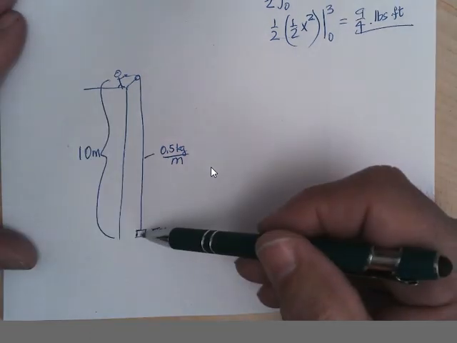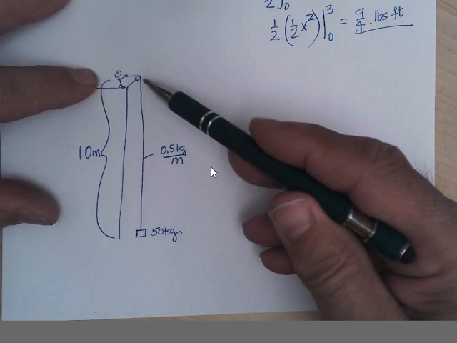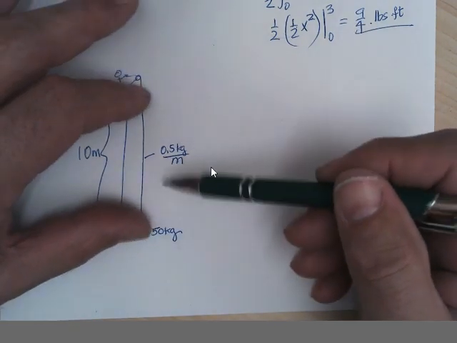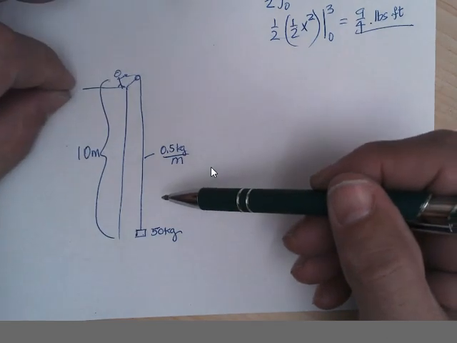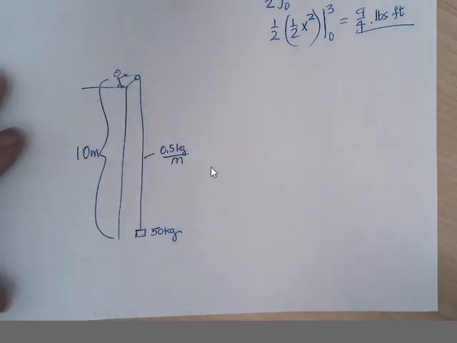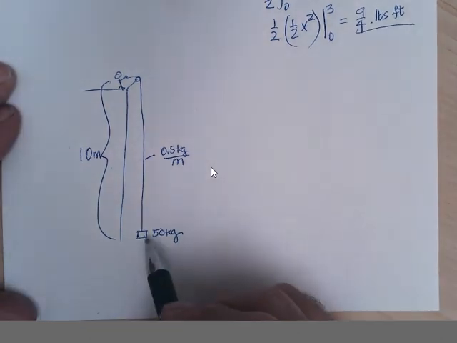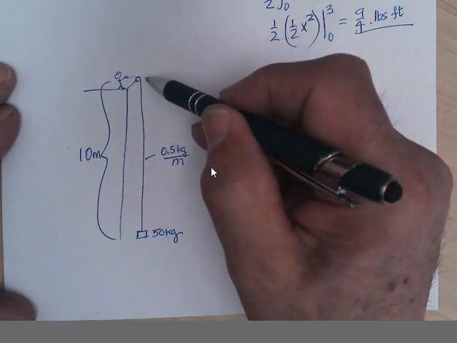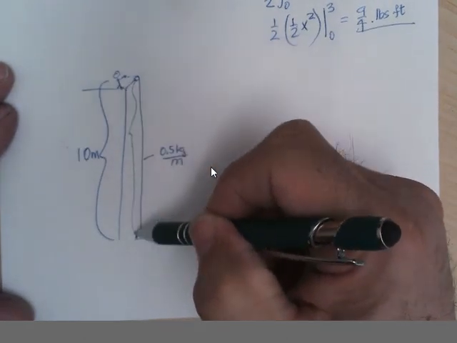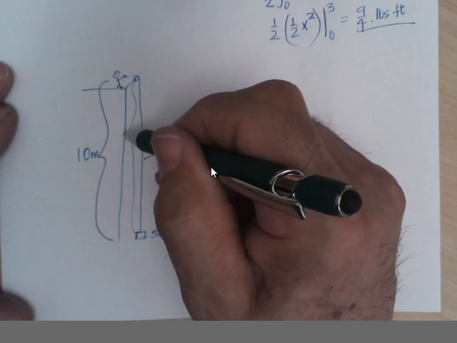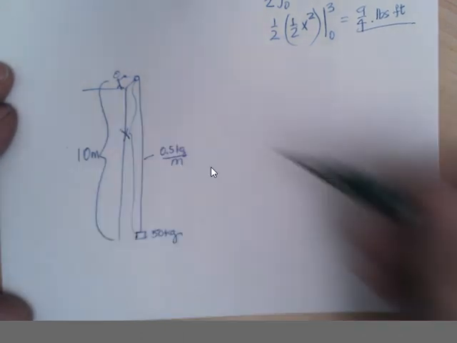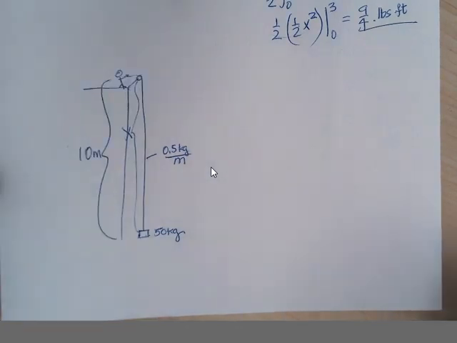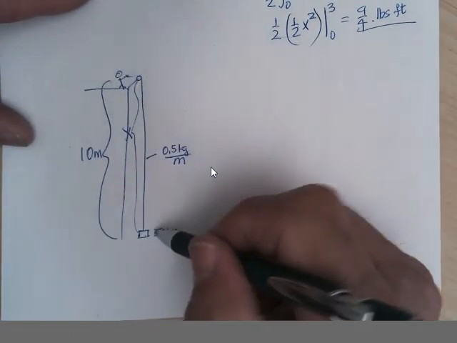What you've got to realize is as the person pulls some rope up, the 50 is still going to be there, but the rope is getting shorter, and so there's less mass, and so it's going to take less force to pull it. Now work is force times distance. So I'm going to call the length of the rope that's getting shorter x. Right at the beginning it's 10, but it's going to get shorter and shorter, and so the force that's going to be applied here